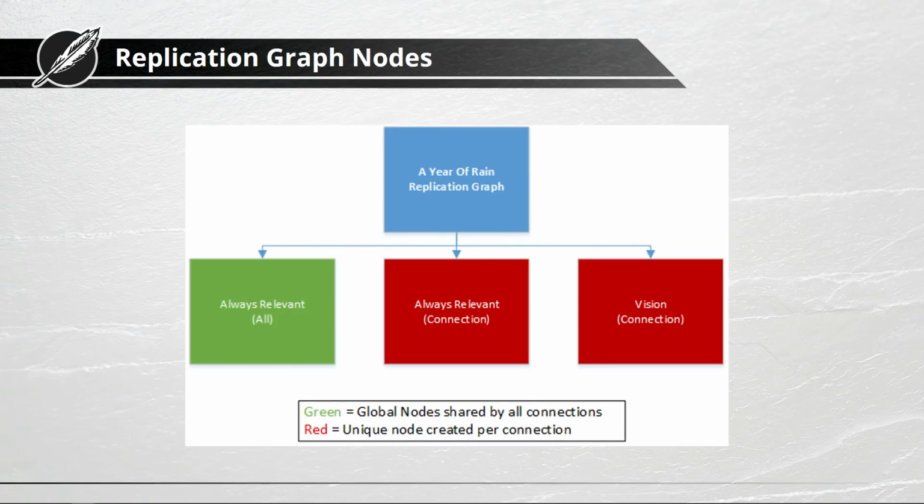And so these nodes have this function that I was referring to earlier, what was the name of it again? GatherActorListsForConnection, and these usually essentially boil down to these three function names in this case. So the always relevant node builds that list by just putting all the actors in there that are always relevant, obviously. The always relevant per connection node, for instance in our case, uses the bOnlyRelevantToOwner flag of the actor.